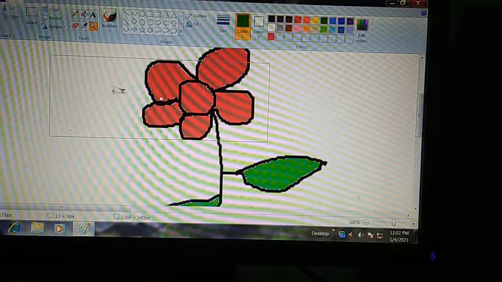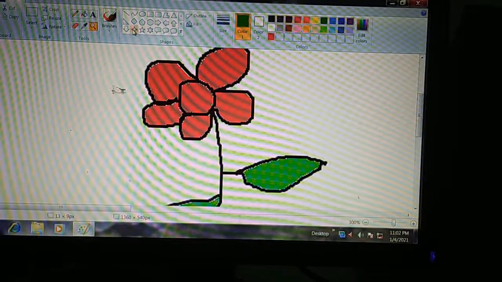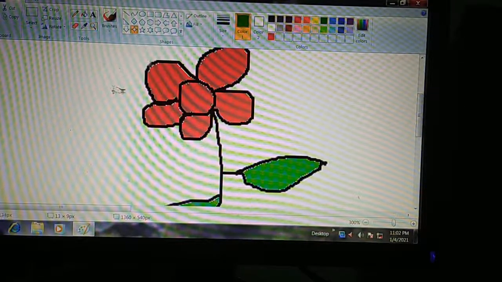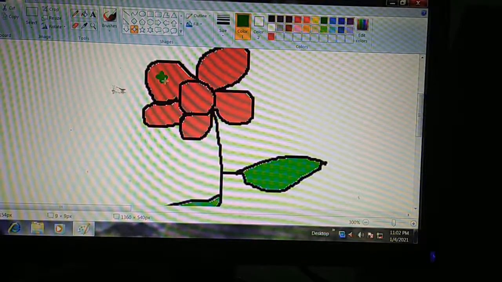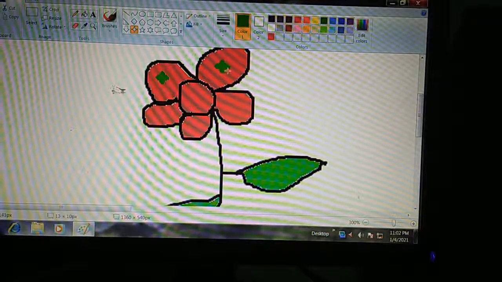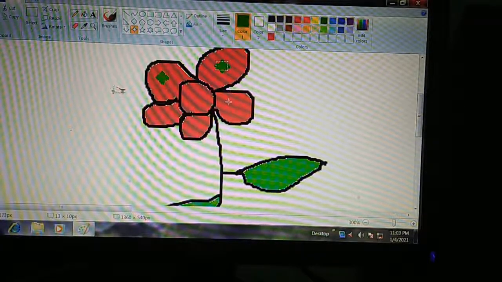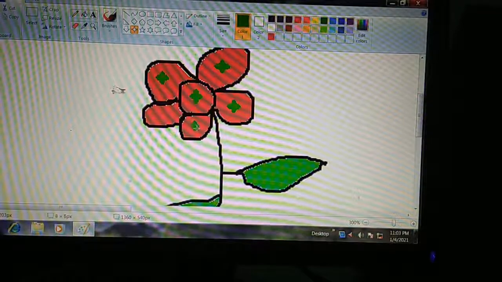Now if you want to do any fine drawing here, suppose you want to draw this pattern over this flower pattern, you can do it. See, small patterns. In this magnified view, you can draw patterns. See, like this. Small patterns you can draw.